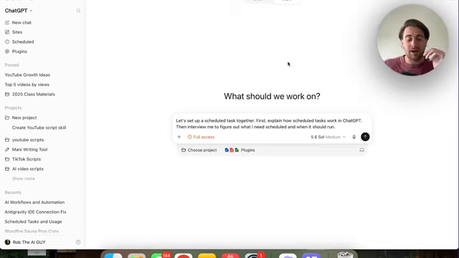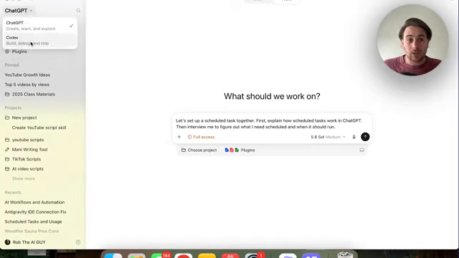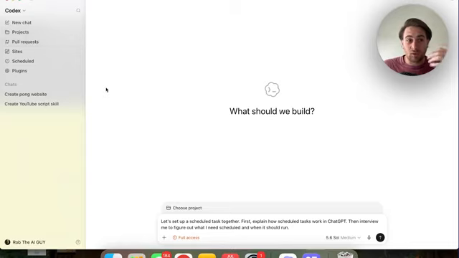And all of this is now possible directly from inside of ChatGPT, both from ChatGPT Web and from the ChatGPT desktop app. And we're not even getting to the point that you can also use Codex from directly inside of